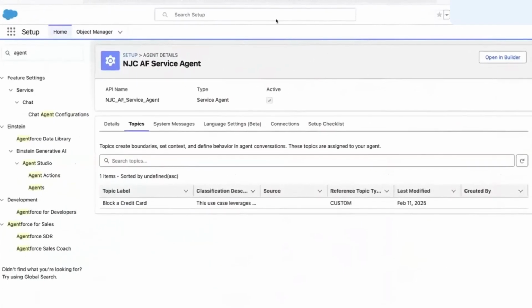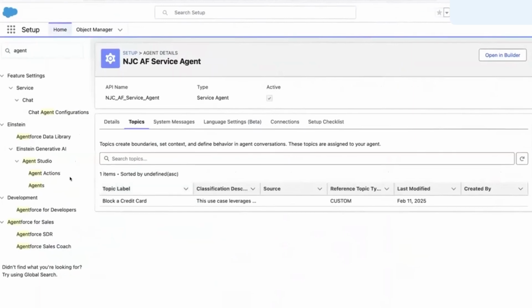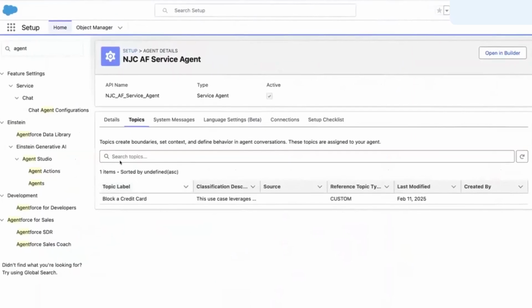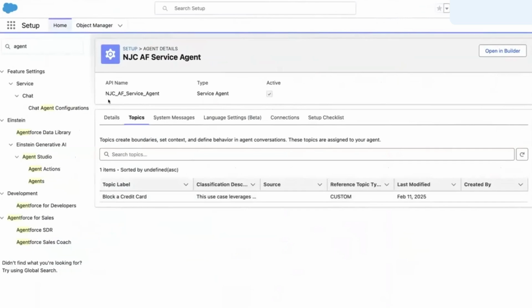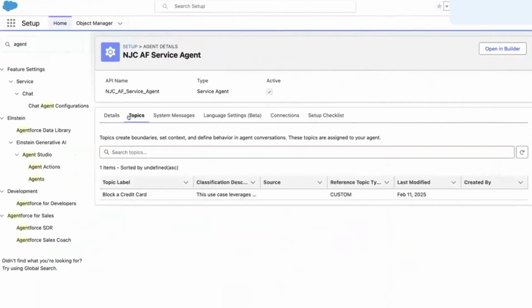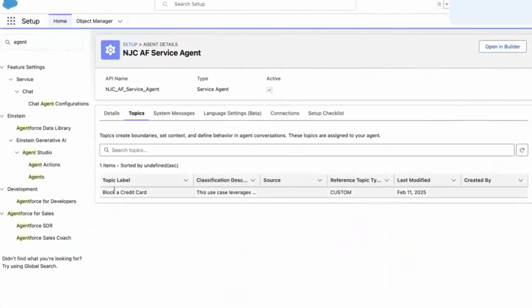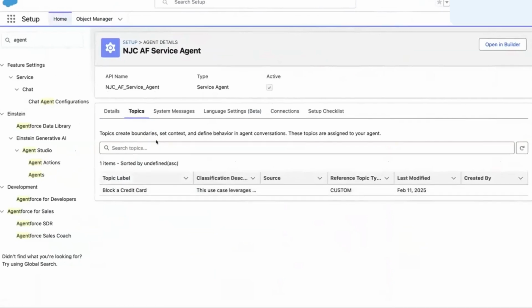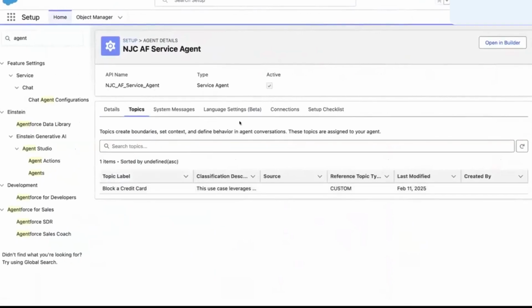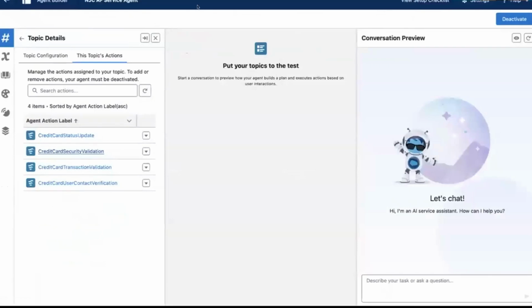This is what you can see in Salesforce Cloud. We have an agent which is built, and this agent, NJC Service Agent, has a topic which is block a credit card, and this topic is associated with actions. So let me get into the agent builder. Once we open the agent builder,